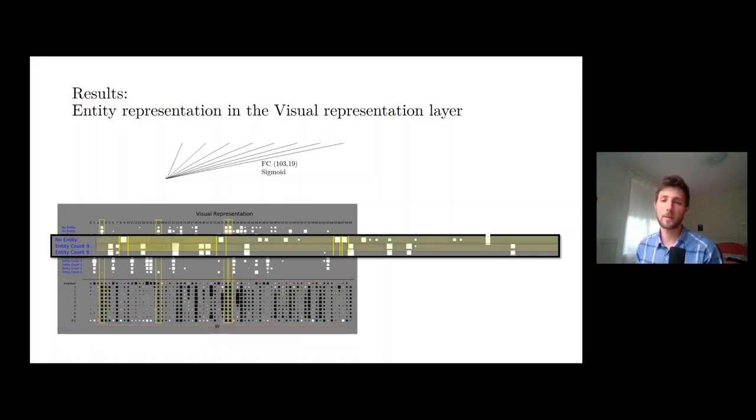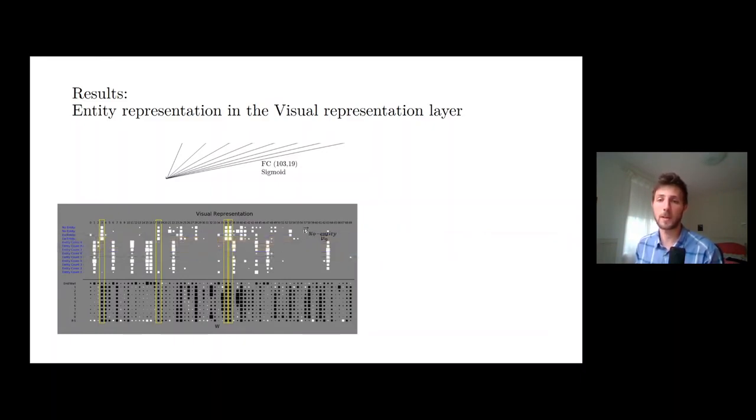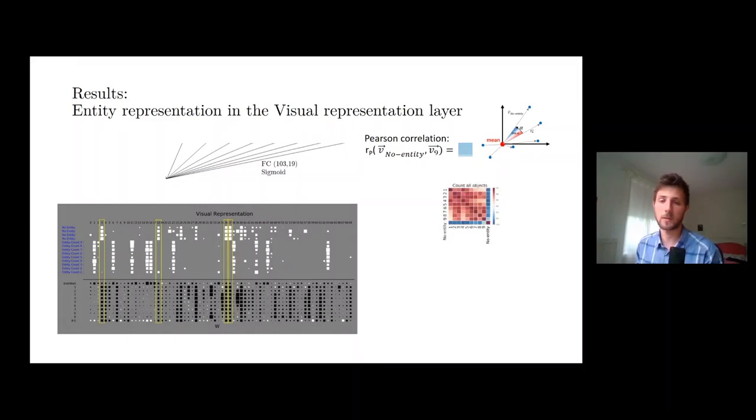To quantify the impression that the entities are represented in a visual layer, we looked at the correlation between the activation vectors of different situations with the Pearson correlation, which is done by shifting all vectorized data points such that the mean is in the origin and taking the color encoded cosine of the angle between two vectors as a measure for their correlation. This can then be done for activation vectors of various situations.